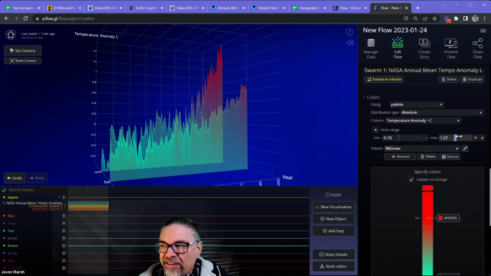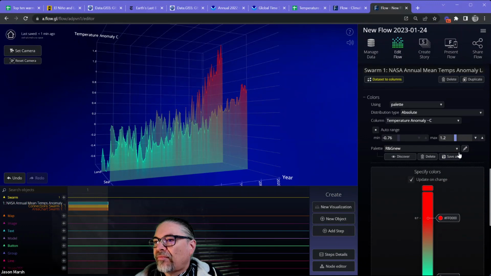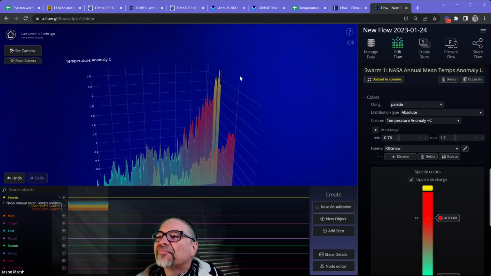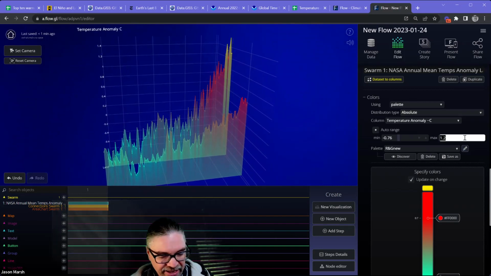I'm going to say, hey, anytime the temperature gets above maybe 1.2, I want it to go off the charts. This little box here represents being off the charts. And I'm going to make it a bright yellow when it does that. So see how, if you want to pull out anomalies, you have really good control over exactly where that is.